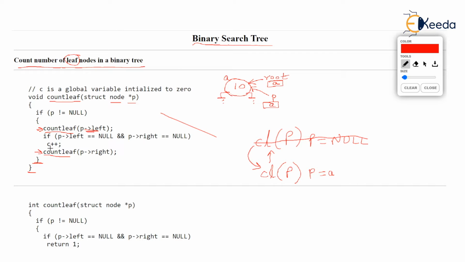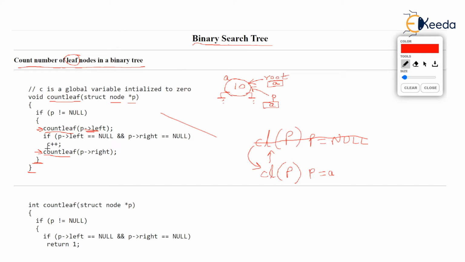Now you observe that counter C will be increased by 1 only if we encounter a leaf node, and the leaf node will be checked, or rather confirmed, if both the left and right pointers are null for a particular node p. Okay, so C is 1 now. C being initially 0, now C is 1.